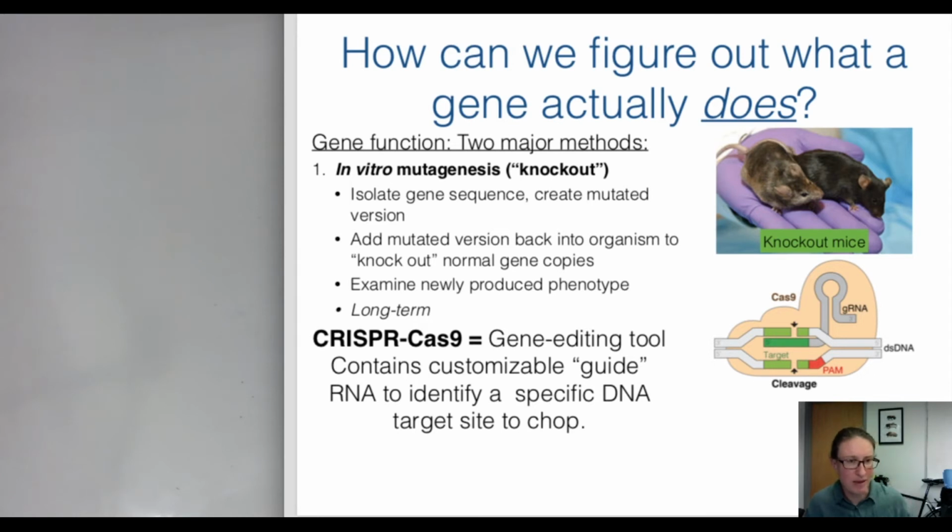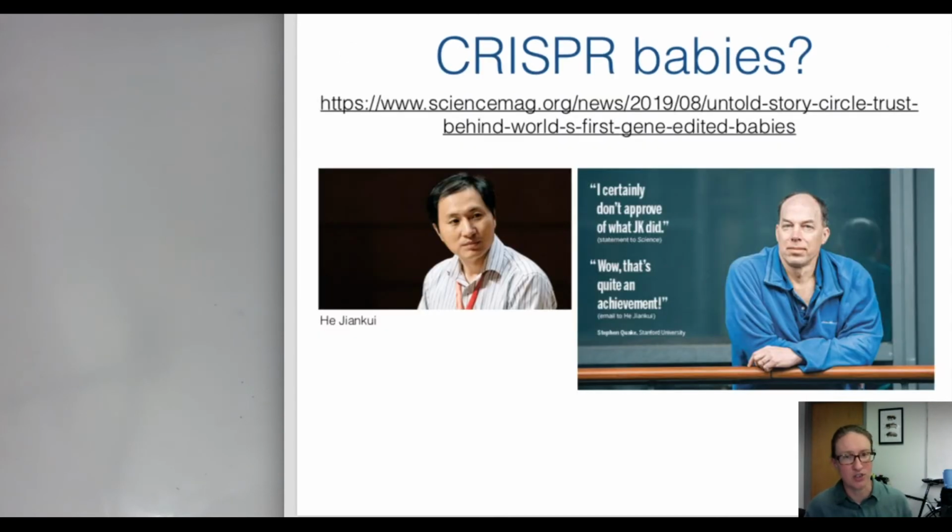This method is similar to other methods used to create a gene knockout. Basically, make something non-functional and then see what happens, and that will allow you to infer what the function is of that particular gene that you're studying. This also poses some ethical dilemmas. So not too long ago, just last year,